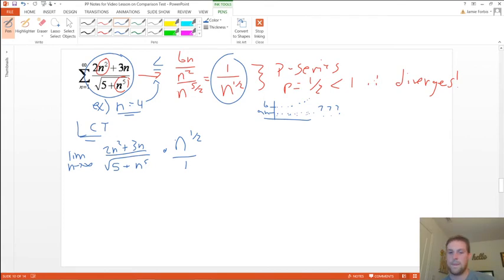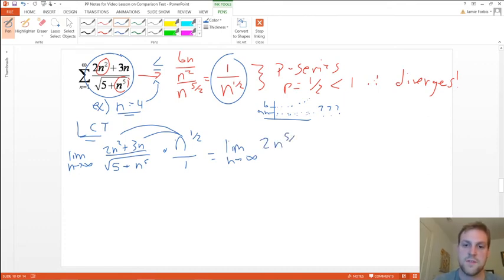If I simplify this out, multiplying these powers through, that's going to be the limit as n approaches infinity of 2 times n to the 5 halves if I distribute that, plus 3n to the 3 halves, all over